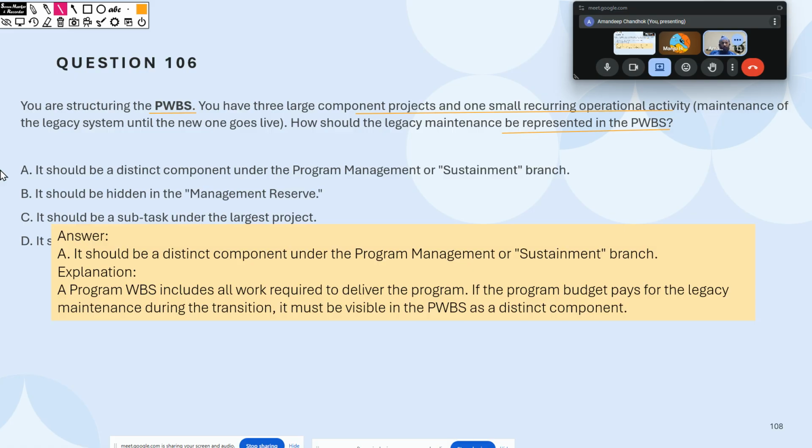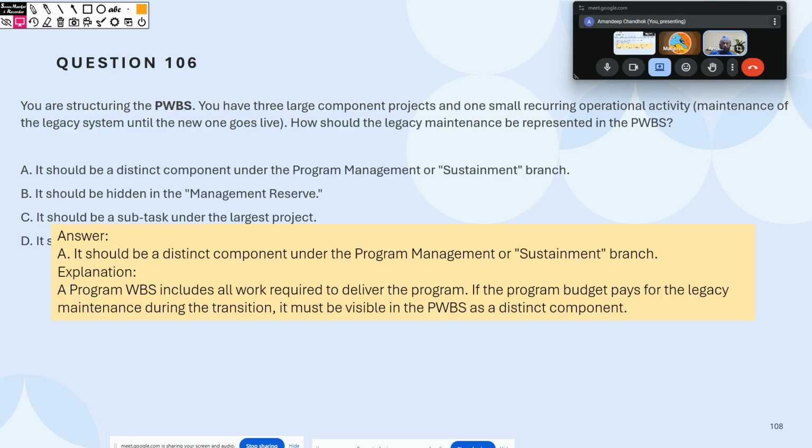Please don't use your operational ways in PGMP. That will never work. Believe me. I've got a member who faced a challenge, so hence my suggestion over here is not to use that. Any further questions on this before we move on to the next one?